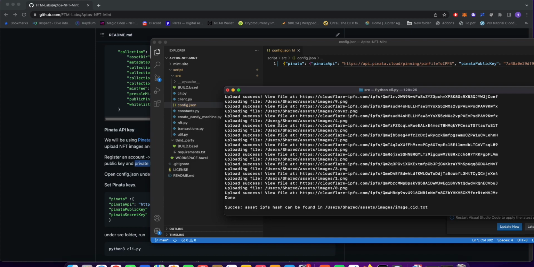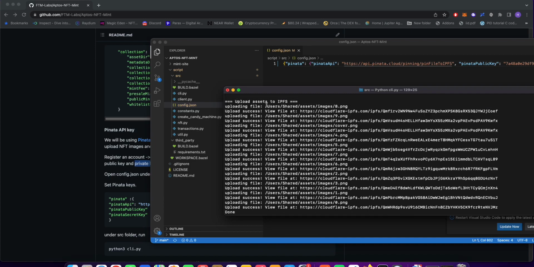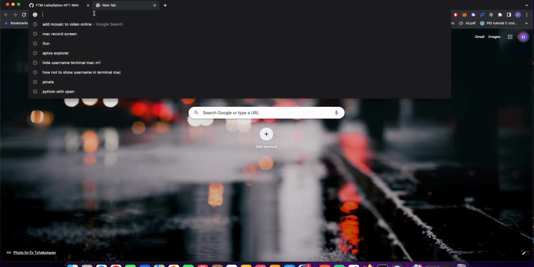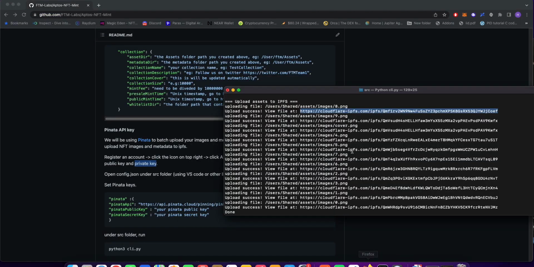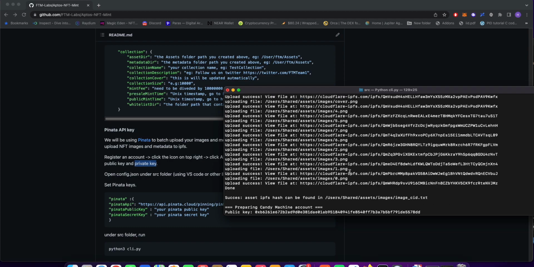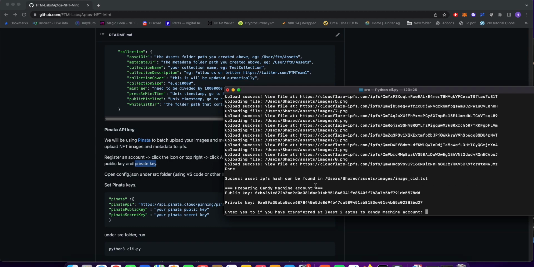which file is uploading, and you can verify your images by entering the link in the browser as well. So it's pretty convenient to just check. The second step is to prepare the candy machine, and it will just print out the public key and private